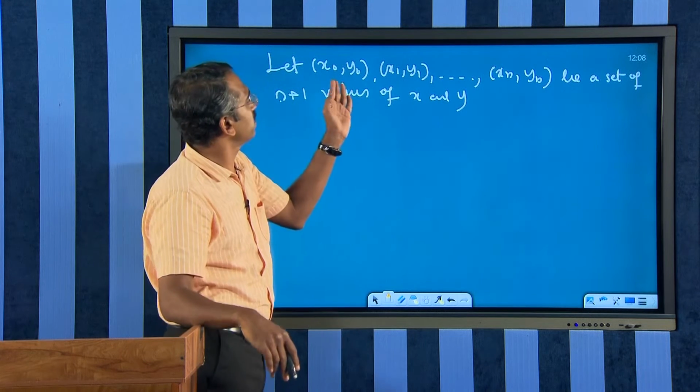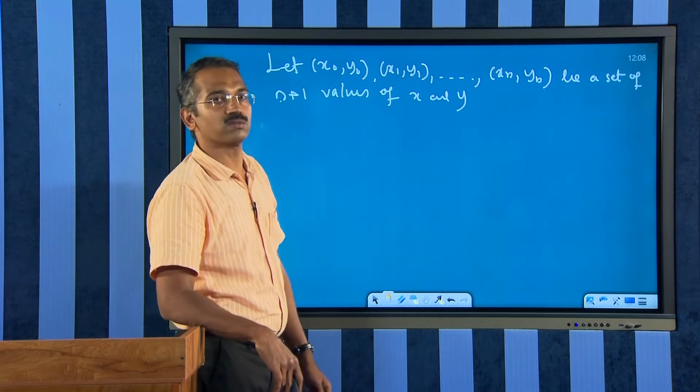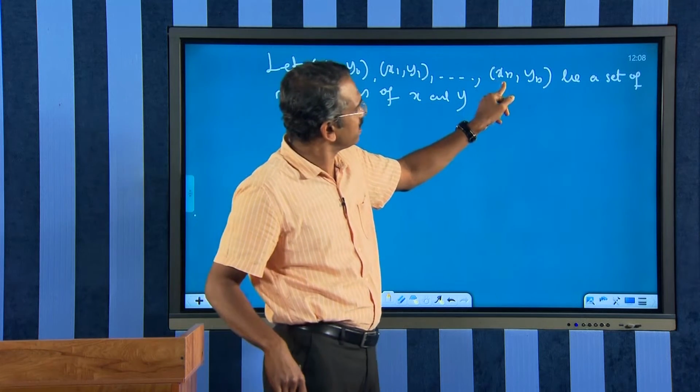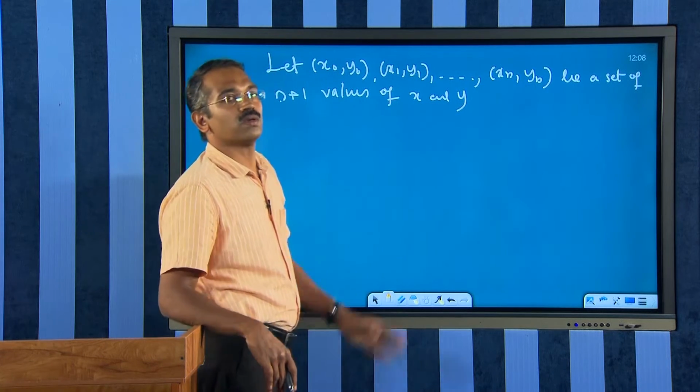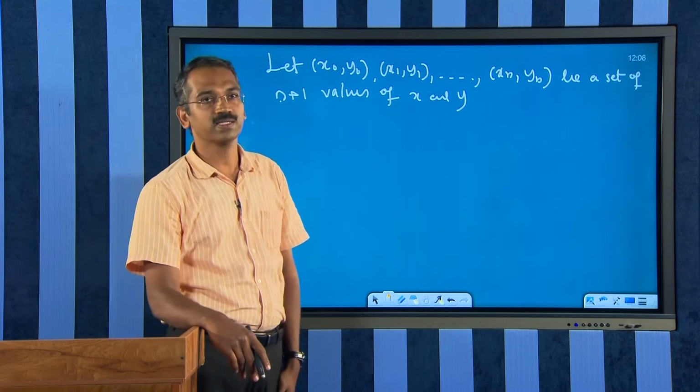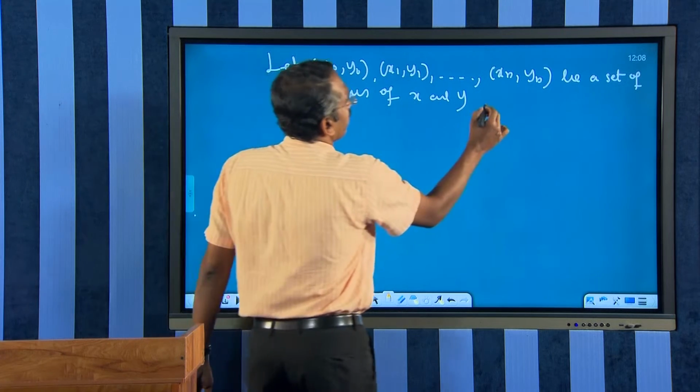Here there are n plus 1 values because we start with x0, y0 and end with xn, yn. Therefore, these are n plus 1 values of x and y,